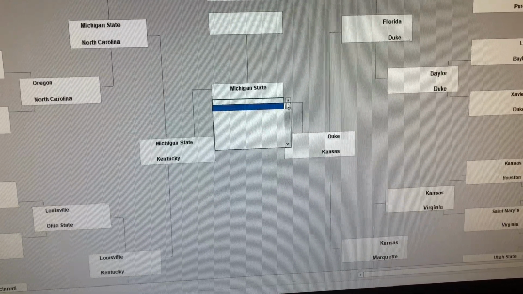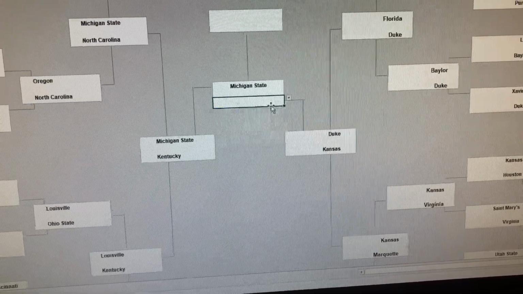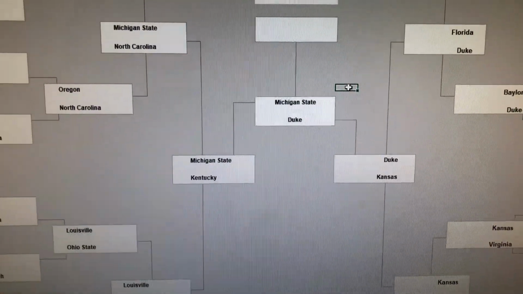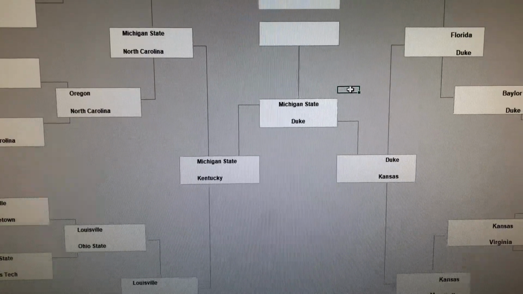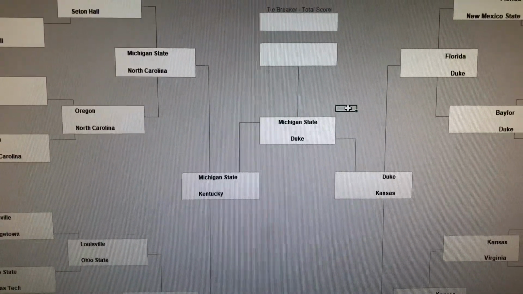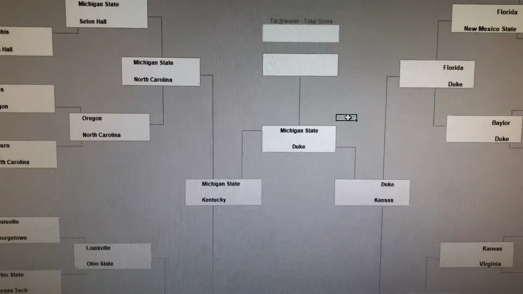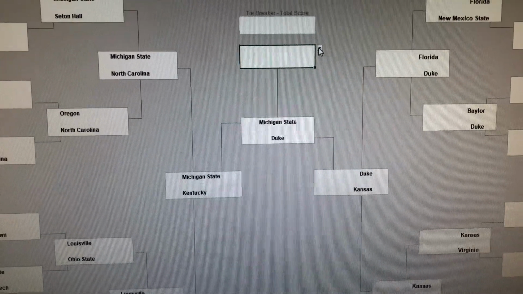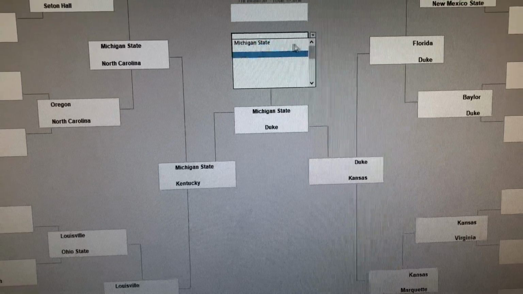And then Duke and Kansas, I'm going to go with Duke winning at this point, the 2 seed, setting up a national championship game of Michigan State and Duke. Rematch of last year's Elite, I think it was Elite 8, where Michigan State was able to pull off the victory against Duke with Cassius Winston shutting down Zion and R.J. Barrett for a national champion of, I'm going to go with Michigan State.